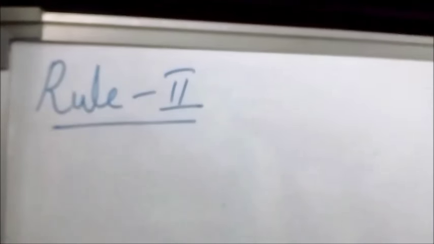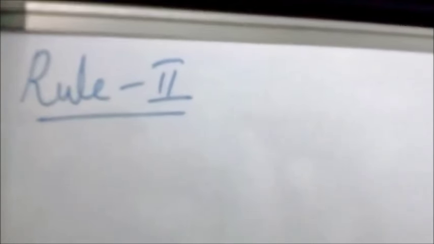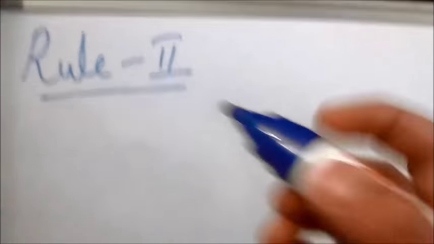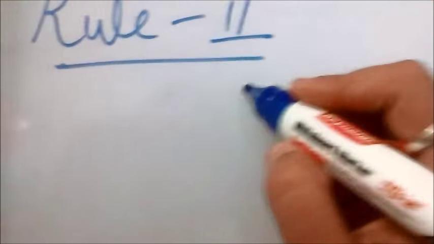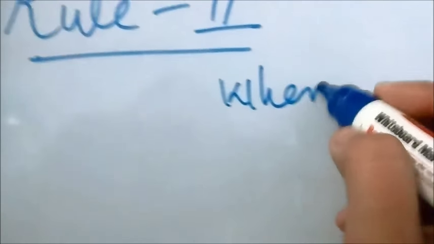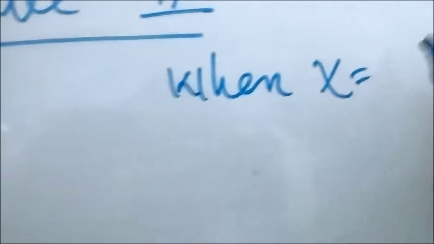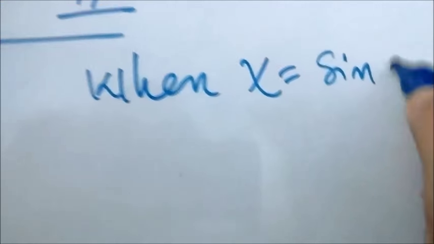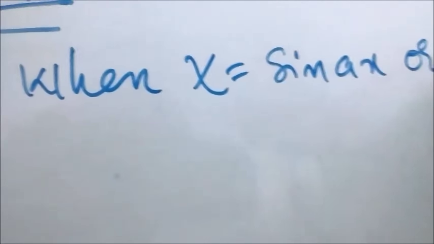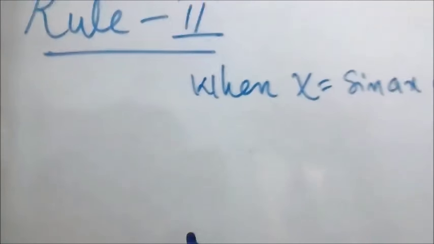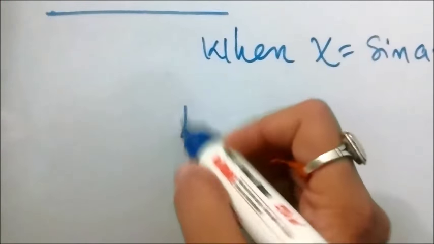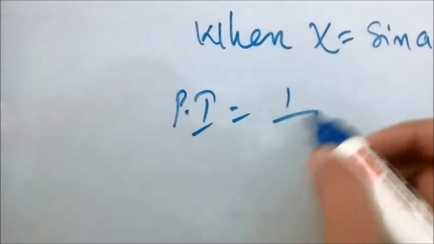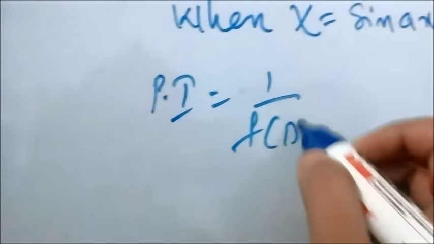We'll see rule second. In rule second, we are going to have x equals sin ax or cos ax. When our x is equal to sin ax or cos ax, that is rule second for finding the PI, where the formula for PI is equal to 1 by f of D into